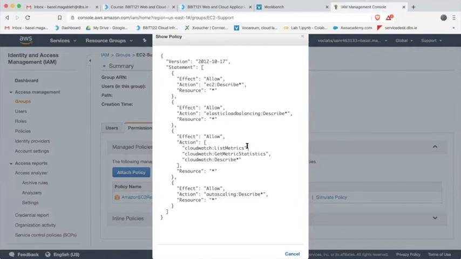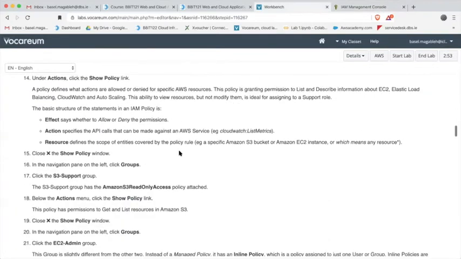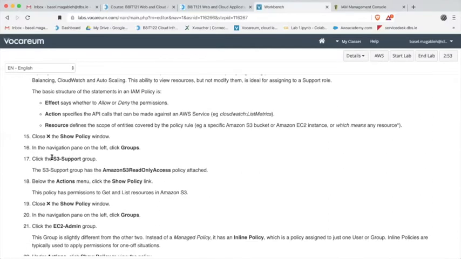It's just giving all for EC2 and load balancing to list, to get, to describe metrics, and also for all auto scale. So this is the policy that we are trying to do. Now we want to click close the box, and we go back to select the groups, and we look at